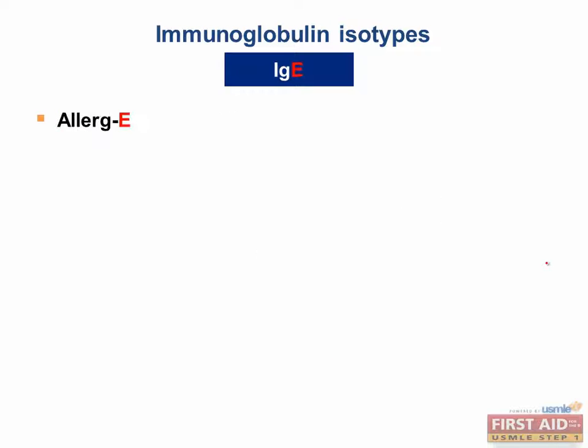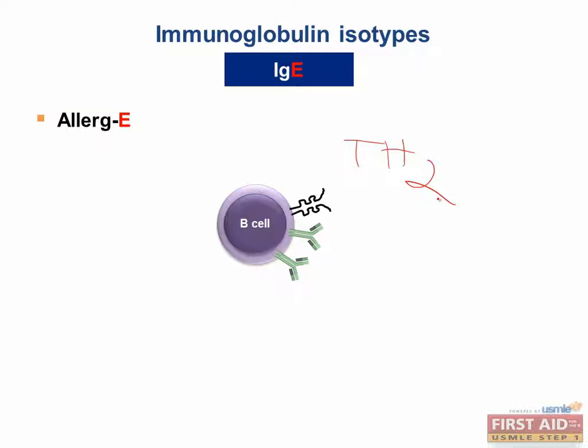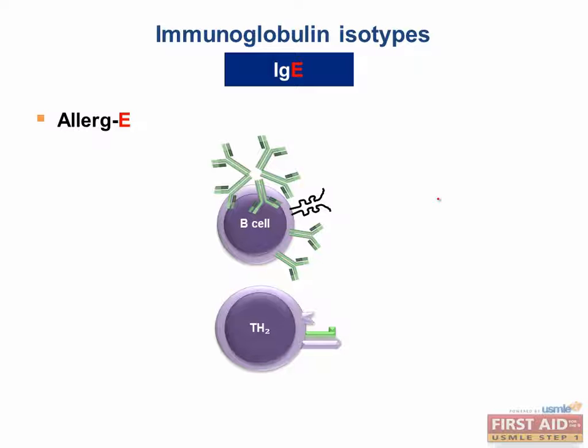IgE. Think of allergy, okay? Because, as we already discussed before, B cells that are stimulated by what type of T cell again? Remember? T helper type? TH2. Achoo, right? Good. And what interleukin's involved? Interleukin 4. Good. So B cells start off by making IgM, but then these T helper type 2 cells come along and release their interleukin. Sure enough, interleukin 4 and possibly 5 go and stimulate the class switching of this B cell to start making